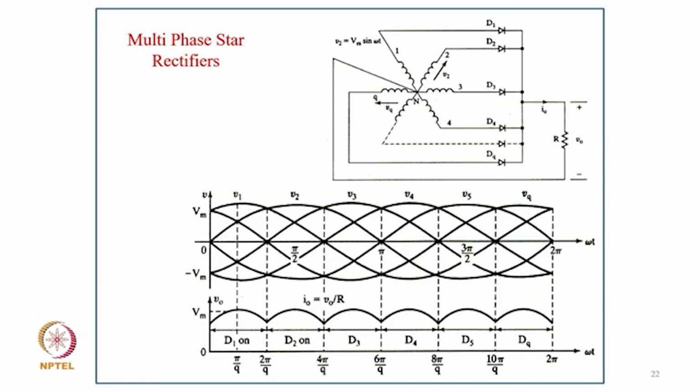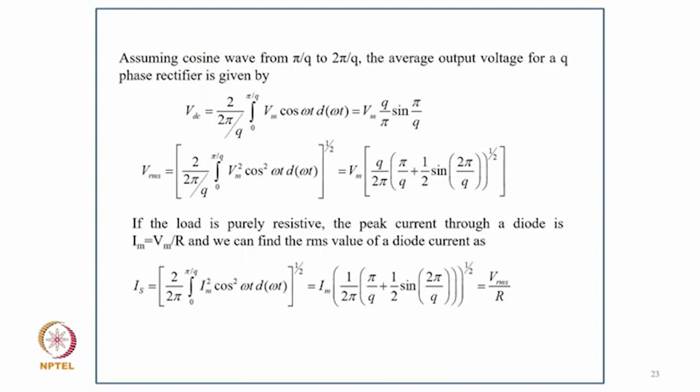Now coming to the multi-phase star rectifier, as you can see, we convert 3-phase into typically 6-phase on the secondary side. On the primary side we have a 3-phase supply to the transformer, and this 6-phase we apply typically to a resistive load. So you can see in the waveform that each diode conducts 60 degrees, and this is normally used for low voltage systems where only one diode conducts. It means the loss of only one diode is there. So at low voltage, even the losses in the additional diode in the bridge rectifier matter. So these are very extensively used in large process industries like electroplating, low voltage electromining, and many other applications.